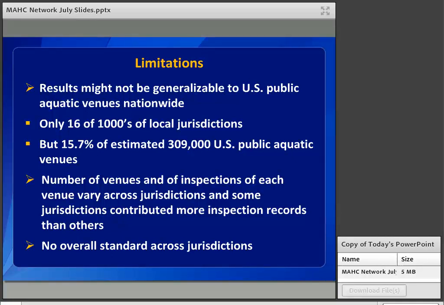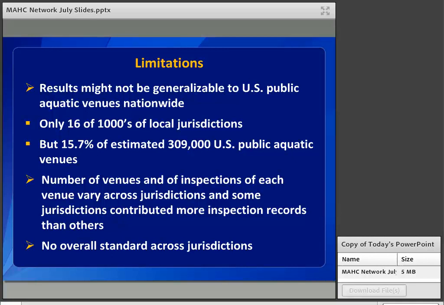Another limitation is that the number of venues and inspections of each venue vary across jurisdictions. So some jurisdictions are inspecting their venues more frequently. Some just have more venues, and some jurisdictions contributed more inspection records than others. It could be looked at as a limitation, but we also looked at it as a great opportunity. Some of our jurisdictions that were a bit on the smaller side gave us a view on what's going on with our smaller health departments and how we can help them, because they might have different needs than our larger